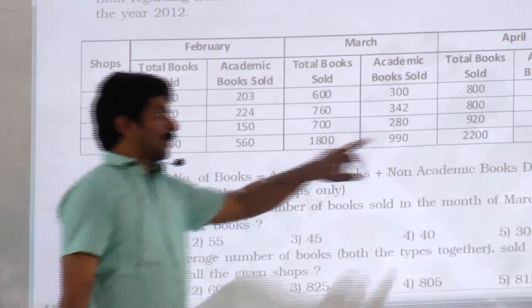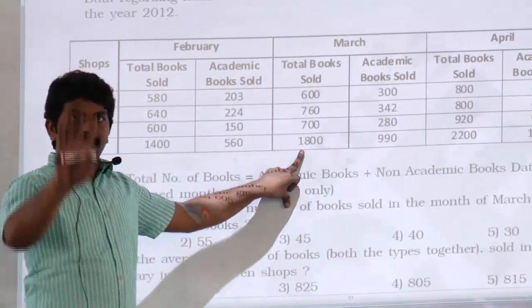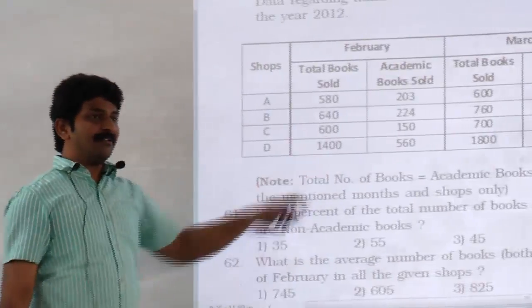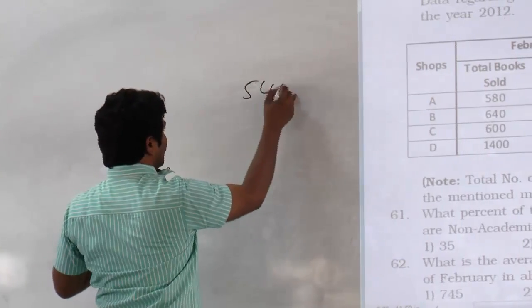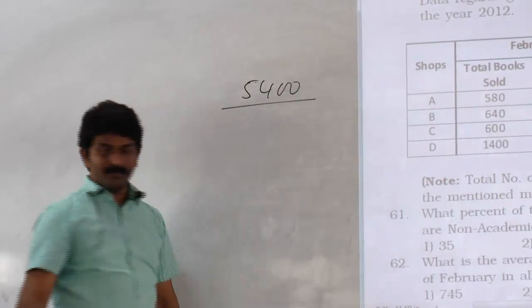Yes or no? 2200 plus 1800, 4,000, 5,400. 5,400 divided by